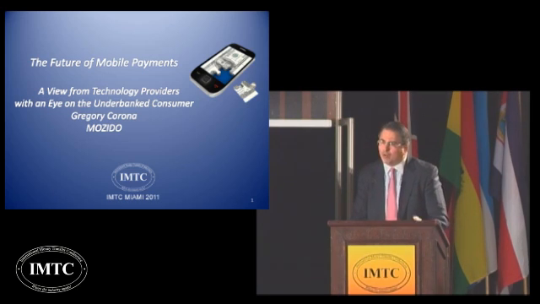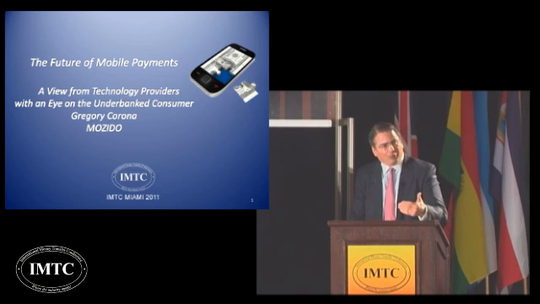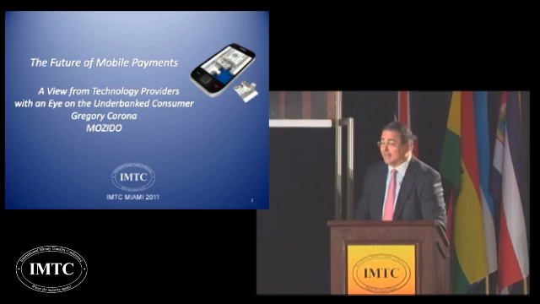Specifically, we think of a mobile wallet as a repository for payments and financial instruments. So most of you have a wallet in your coat or a purse, and inside that wallet you have credit cards and/or debit cards. So the credit or the value on those cards is stored on a piece of plastic. For us, we think of a mobile wallet as storing that same credit and same value on a mobile phone. So with that as background in terms of how we define a mobile wallet,